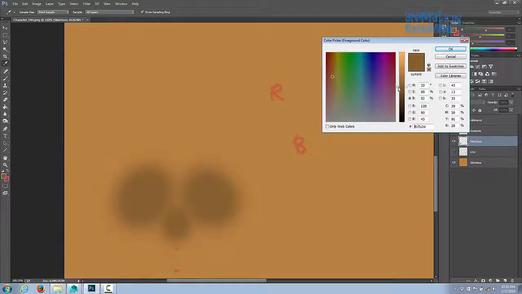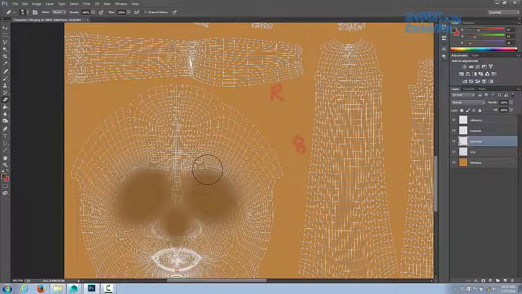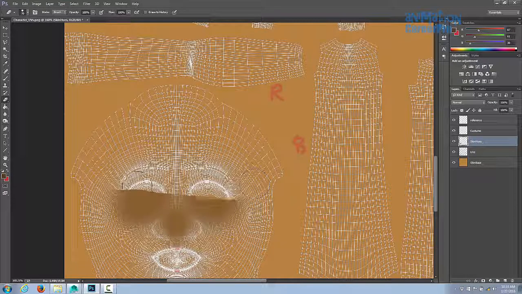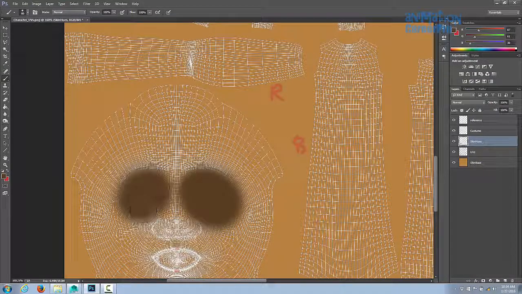So I know I need to go a little bit darker with this. I can turn the UVs back on, and I can just erase what I did before. Just hit E on the keyboard for the erase tool. We can completely just get rid of that. You can hit Control Z if you make a mistake. And also too, if you go a little bit over an area where you don't want to go, you can use the eraser tool. Just hit E on the keyboard